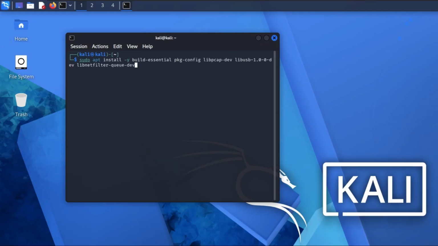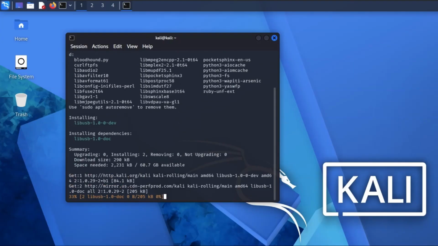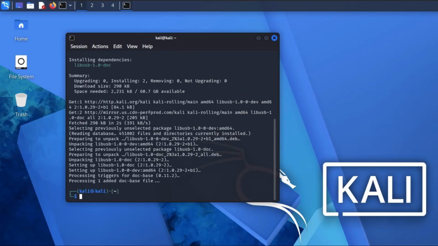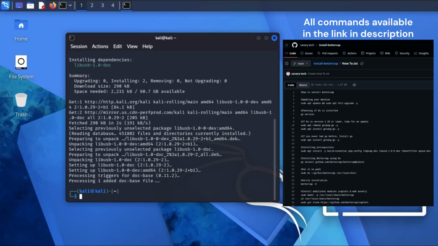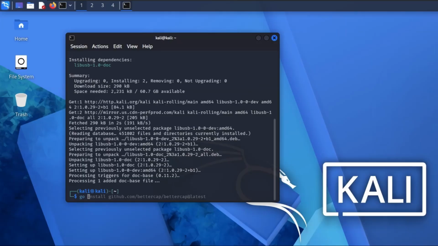So once you do that, you need to paste in this command that is available on my GitHub, which I will attach to the description of this video. You can just copy this from the GitHub text and paste it in your terminal, and you should be able to run it. The link is in the description. Once you click it, it'll take you to my GitHub page. The text file you see in that, you'll click open it and you'll find those commands, everything that I've used here. Once you do that, you will type go install